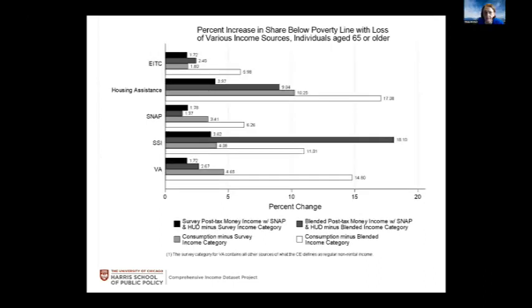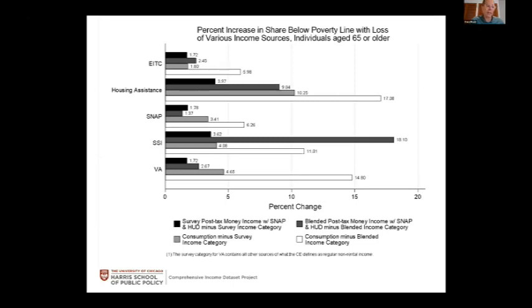Last slide, conclusions. This figure shows what happens if we remove a blended income component from consumption or income. And it shows that if we were to remove a survey income component, we get a much smaller impact than if we remove a blended income component. We see that with better income measures or consumption, the poverty reducing impact of many transfer programs is larger, and that's very noticeable for housing assistance, SSI, and